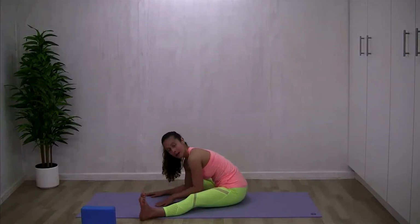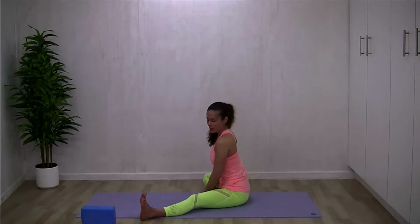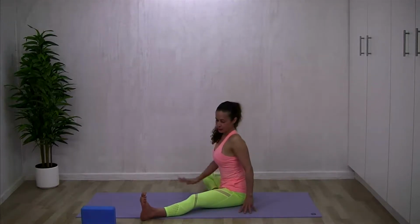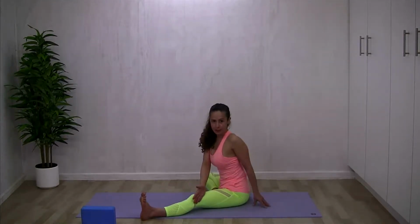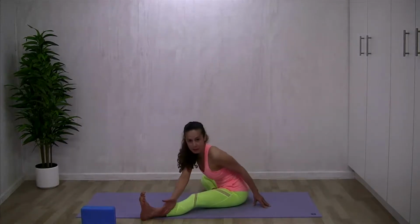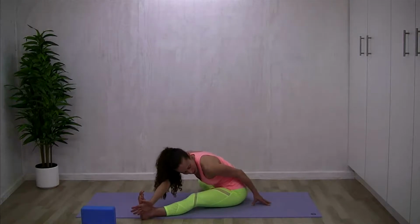Walk your way back to your high seat and then think of coming into a modified saw line. Pivot so that you're facing your left foot. Tuck the right fingertips to the outside of the left knee. The left hand is just gently bracing on the mat behind you. Then slide your hand forward, maybe aiming for the ankle or the outer quadrant of the foot, and hold,